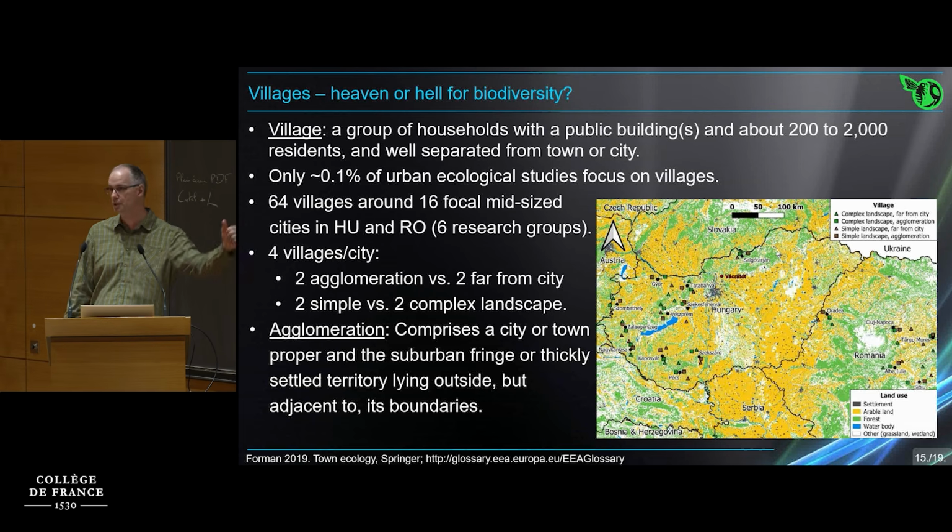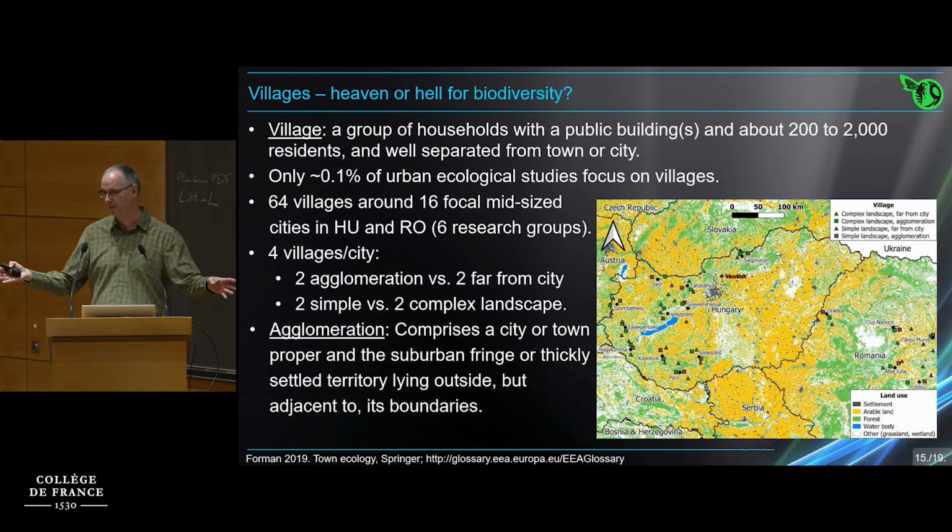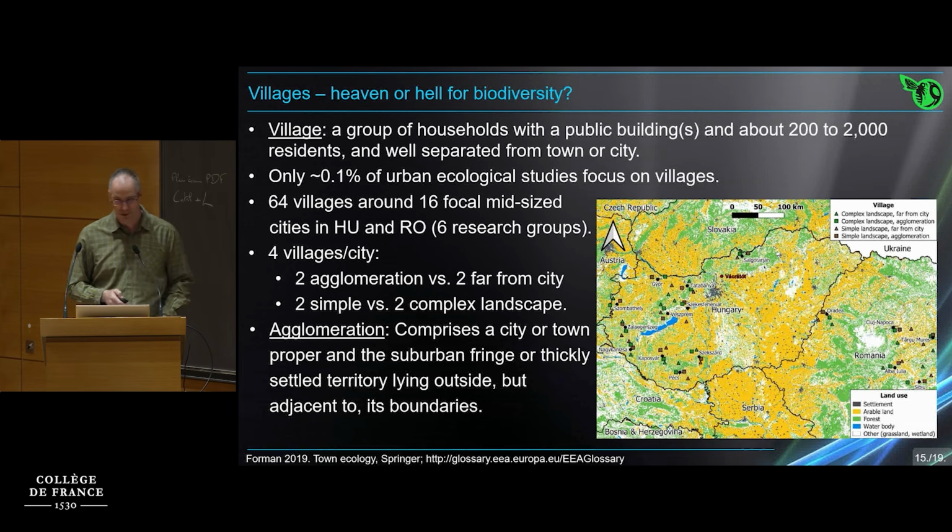Urban ecologists go to cities, agroecologists go to the fields or to grassland, forest ecologists to the forest. There is virtually no studies. Here in France you have, I checked, 20,000 villages, no research basically on these. And villages, as a definition, is something like 200 to 2,000 people with a group of houses and some public buildings. And I was lucky to lead a bigger project here where we studied 64 villages around 16 mid-sized cities